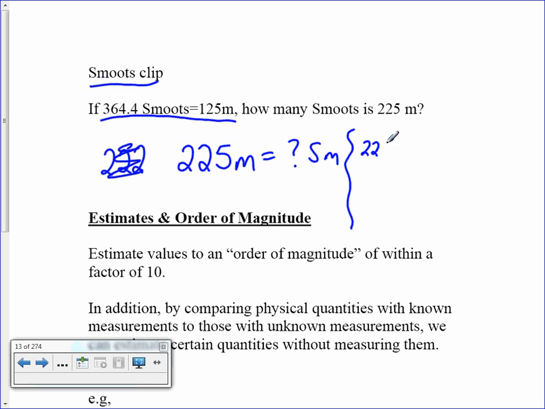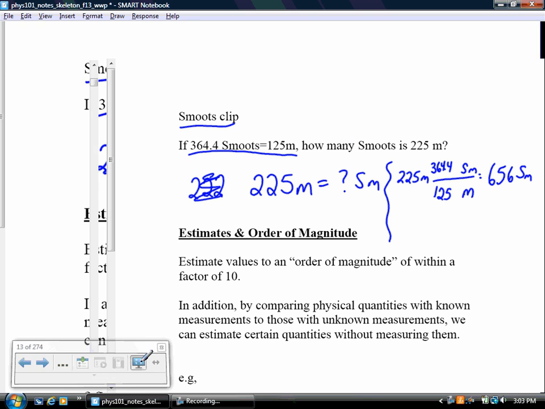All right, so I say 225 meters. And then I need to make my conversion factor. So I'm going to have meters here and smoots here. So I know that there are 125 meters and 364.4 smoots there. And so if I do that conversion, I get 656, and that's going to be in smoots, which again is just this made up idea. All right, we'll stop there and we'll pick up with estimates and order of magnitudes in the next